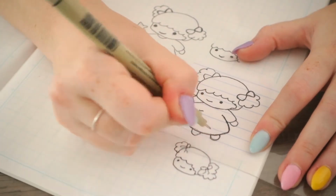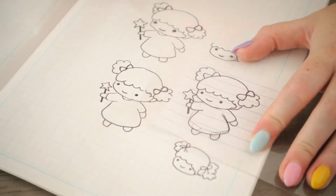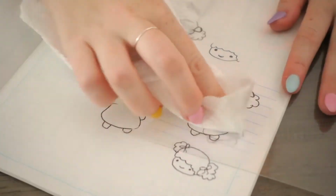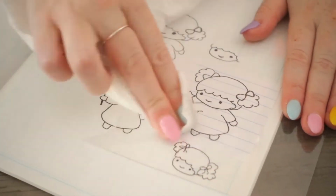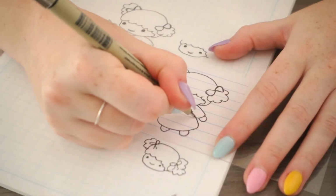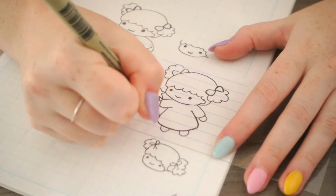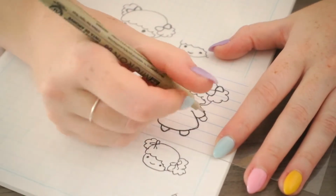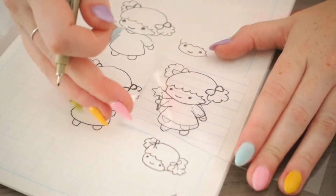I started with a micron pen at first since I had never tried that before, and I started with a number 3. It was too thin, so I was like, nah. And then I started with a number 8 to redo this, but when I took a look at this on the plastic, it was still coming out way too thin. So,